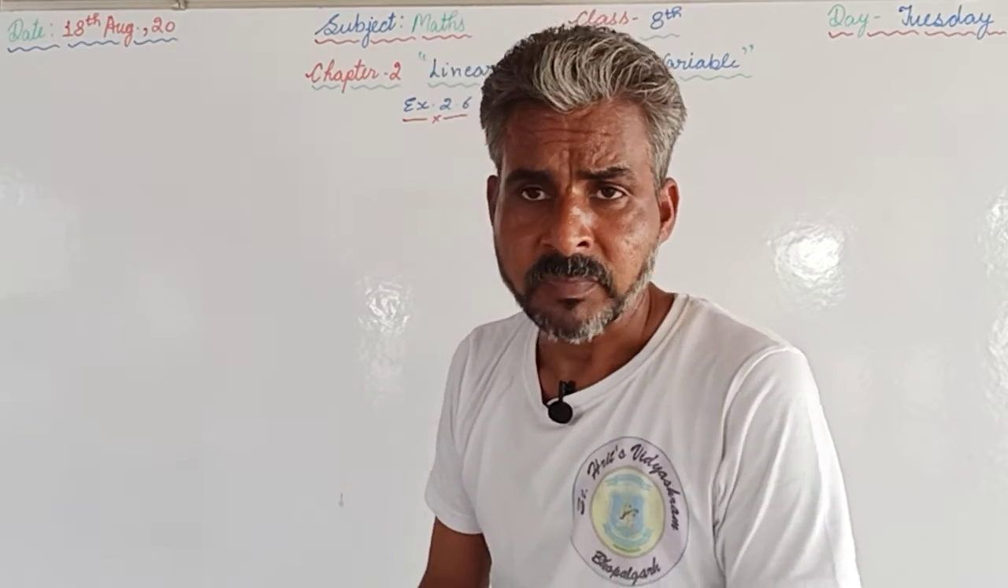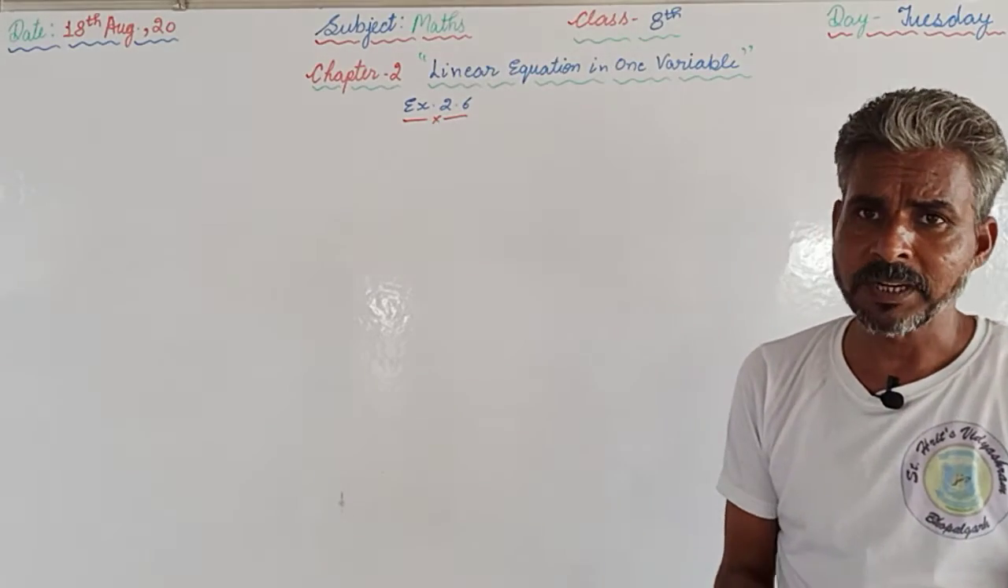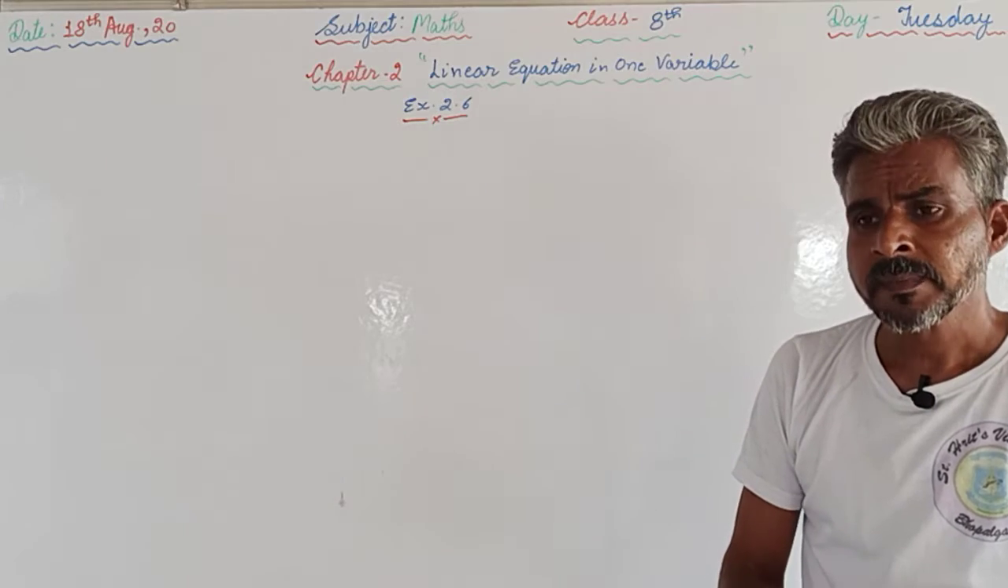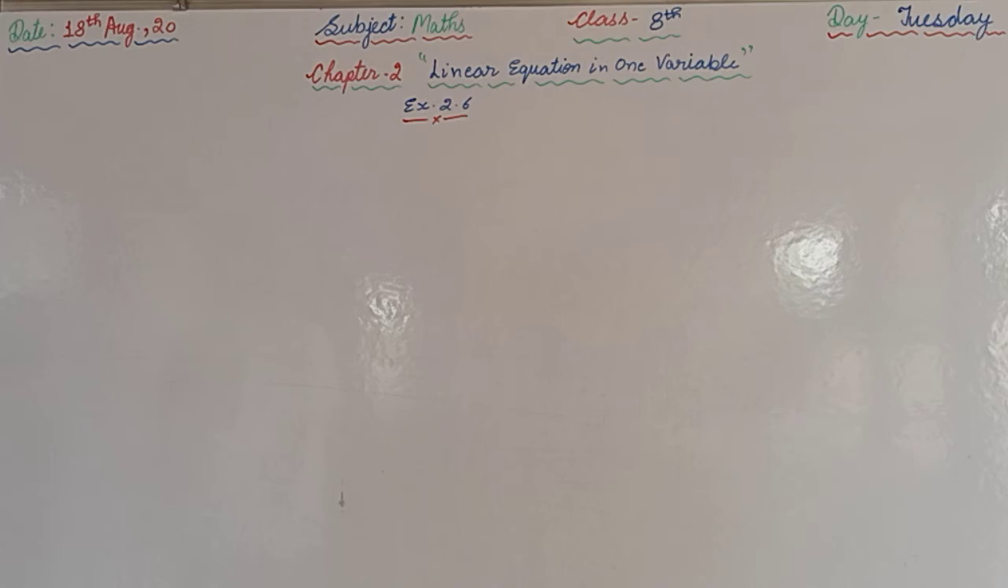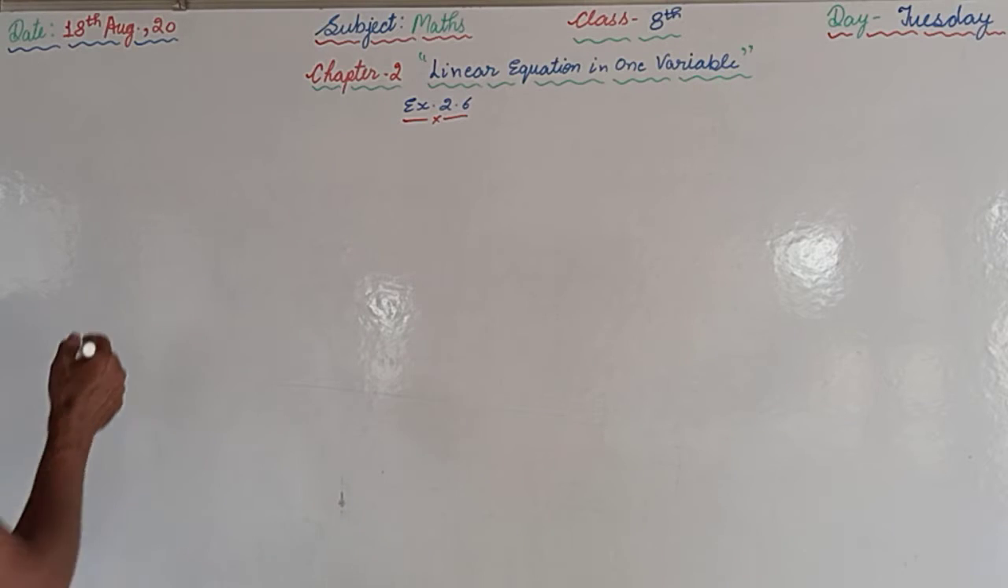So again we are ready with today's video. This video is for class 8th and the subject is maths, and we are continuing with the same chapter, that is chapter number 2, and the name of the chapter is linear equation in one variable. So yesterday in the previous video we have started this exercise and we have solved out some of the questions. Today we will take question number 3 of this exercise, and question number 3 is,